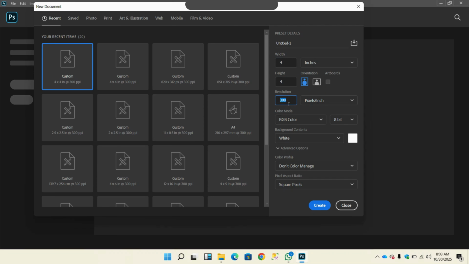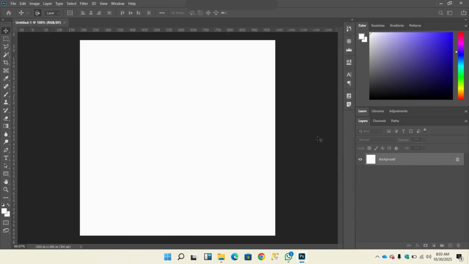This is our resolution, and I'm going to keep this at 300 as well, and click on Create. Now, welcome, right? We have our nice white background that is automatically added in Photoshop for us, and we can now work inside this white space. Unlike CorelDRAW that allows us to work outside the white space, for Photoshop we are only allowed to work right in this